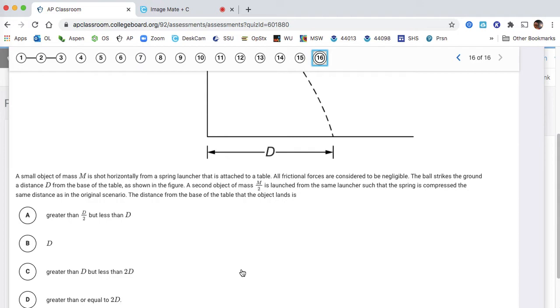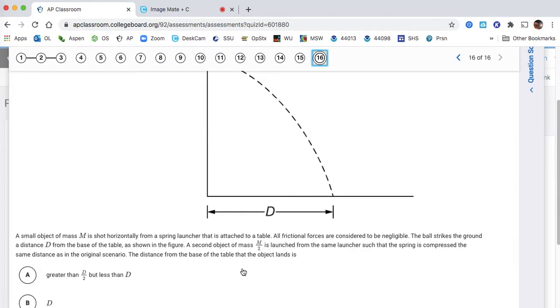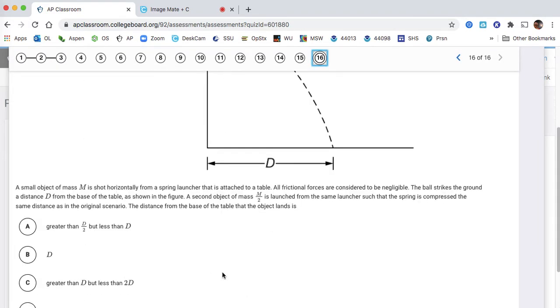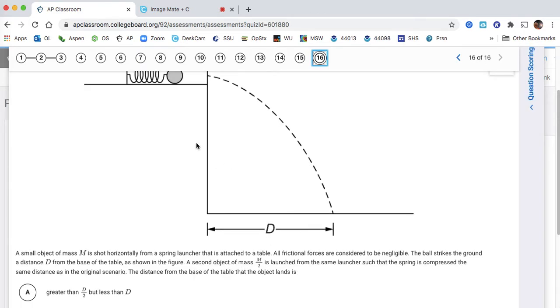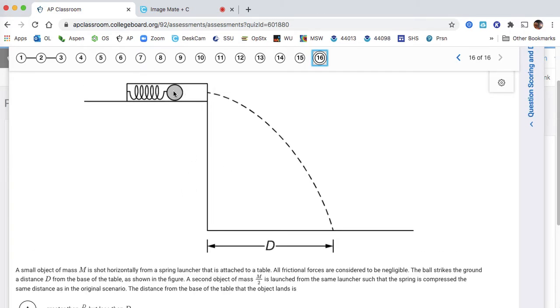Well, I saw one I can throw in the trash without even thinking, which is B, right? Because if this spring gets compressed some distance and you shoot a ball, remember projectile motion? Whether you drop the ball or shoot it at 100 miles an hour horizontally, it still takes the same amount of time to hit the ground below, right? It doesn't wait because it's going fast or something like that. Wile E. Coyote, he wasn't a very good physics student. When I drop an object, it takes the same amount of time. If I shoot it 100 miles an hour or 10 miles an hour, it takes the same amount of time